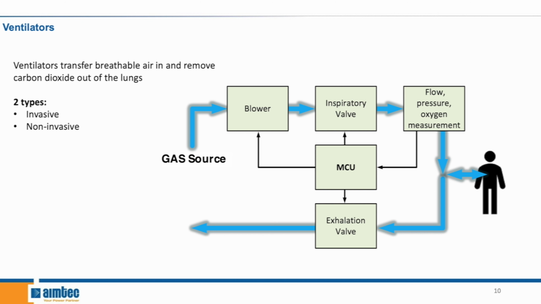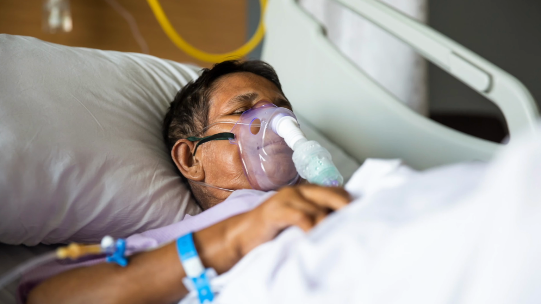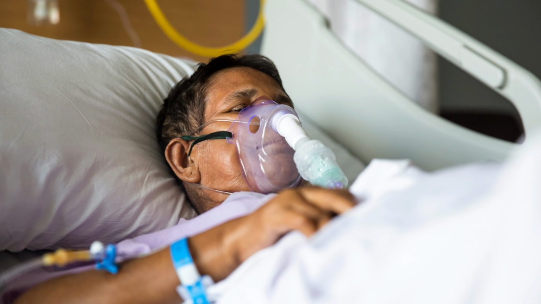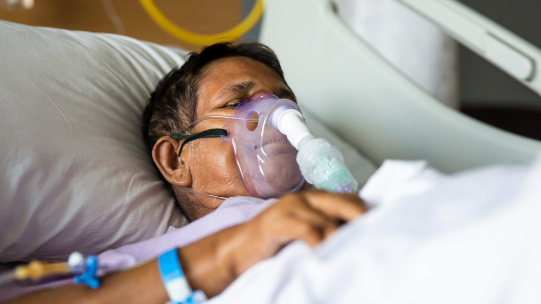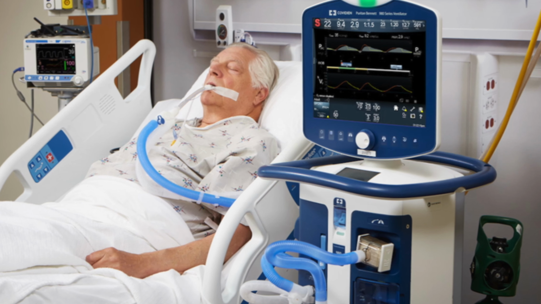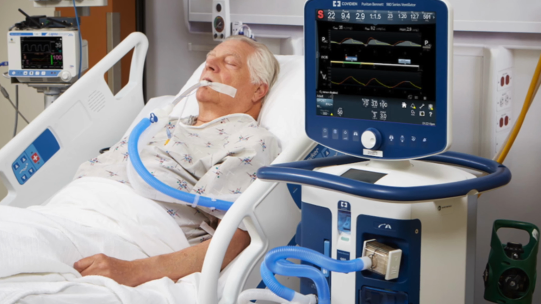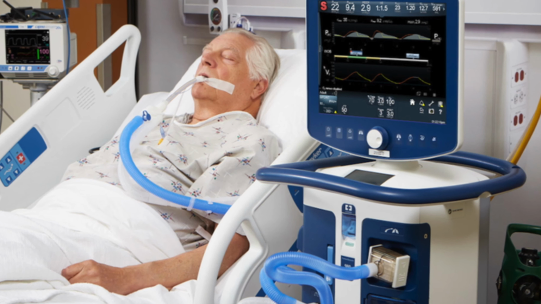Depending on the way it delivers the breathable air into patients' lungs, a ventilator can be divided into two types, an invasive and a non-invasive. The non-invasive ventilator delivers air into the patient's lungs through a face mask that covers the patient's nose and mouth. An invasive type delivers air to the patient's lungs by an endotracheal tube that goes through the patient's nose or